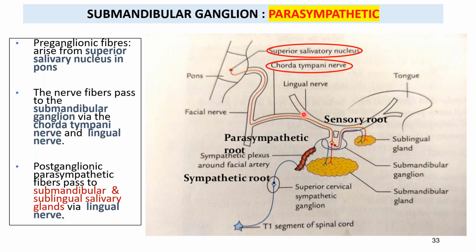So this chorda tympani nerve joins one more nerve which is the lingual nerve. Now lingual nerve is not a branch of the facial. Lingual nerve is a branch from the posterior division of mandibular nerve. So this is the lingual nerve. The chorda tympani nerve joins the lingual nerve, and the parasympathetic preganglionic fibers which had reached the chorda tympani will now enter into the lingual nerve.